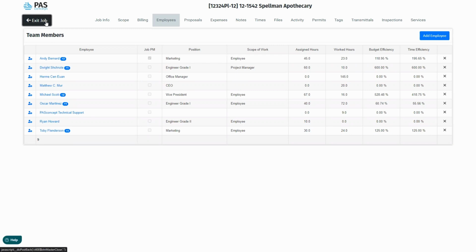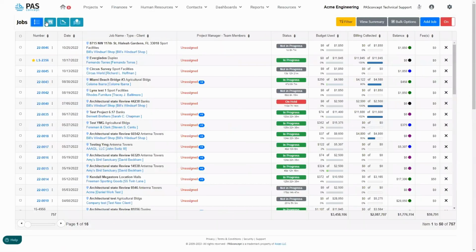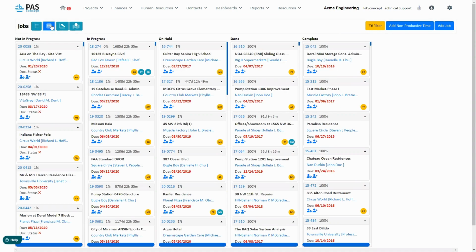Say, for example, he's not in the job detail because Ryan may not have access to the job detail. It might not make sense for him to have access to that level of information, but he might have access to the Kanban board. Here, Ryan would be able to click on this little icon, which would allow him to enter time, much like the version that we saw earlier. However, there's an even better way.